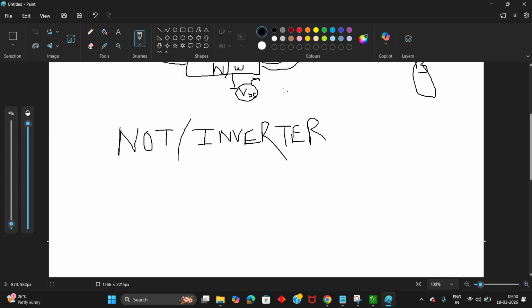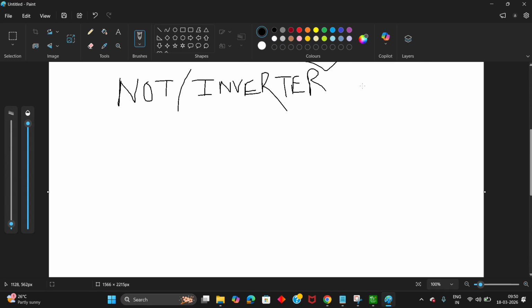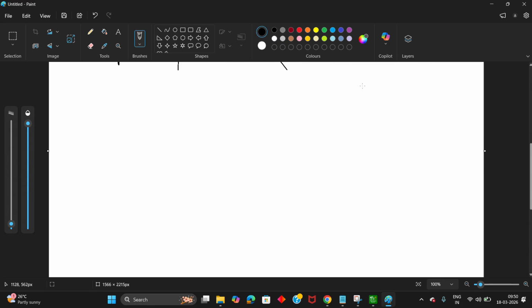I have discussed how to design the circuit of the NOT gate in the previous class. We just watched that video. So now let us see how this NAND gate is made. For that you need to know the NAND gate equation. What is the NAND gate equation? For example, output, let us consider it as Y is equal to A dot B